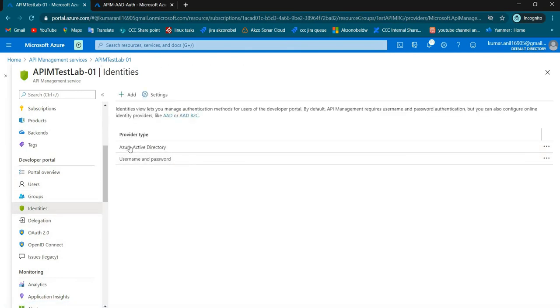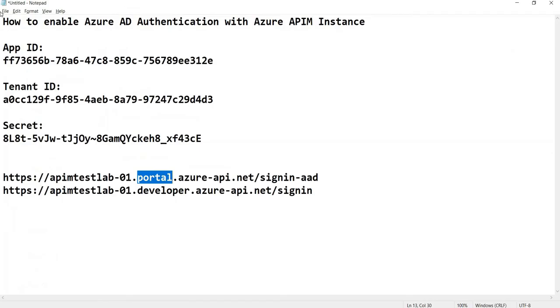Now you can see a new authentication type, Azure Active Directory, has been created. But we still have to do some configuration, otherwise this will not work. Let me show you what we have to do. Now we have copy-pasted the redirect URLs, right? These redirect URLs should be authenticated with our app registration, otherwise this will not redirect and the user will get